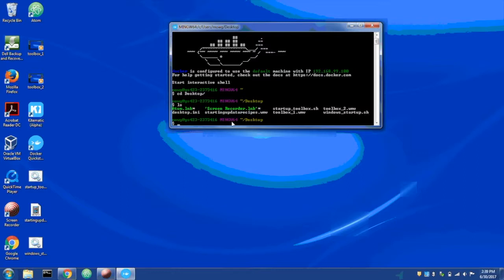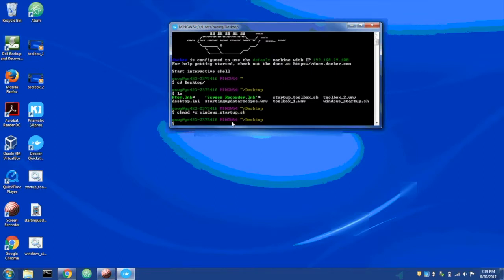So at this point, you first need to change the permissions so that it becomes an executable. So just do chmod +x Windows startup.sh. That should do that for you. And now you can actually execute this file. So do ./Windows